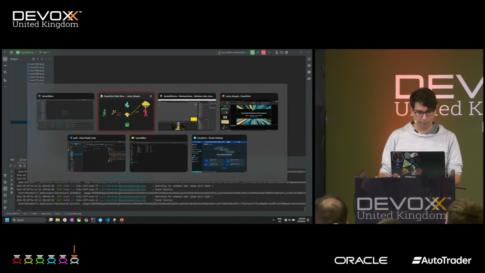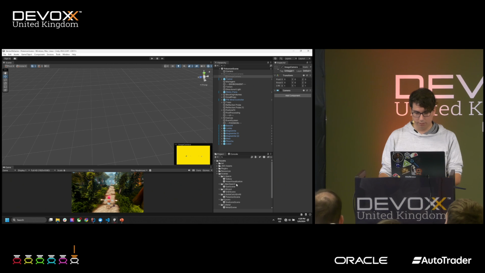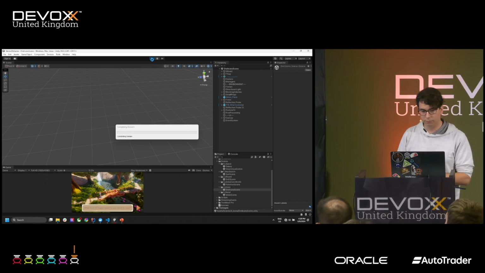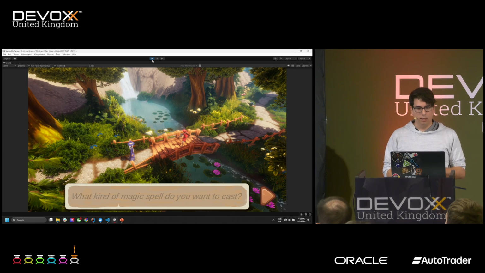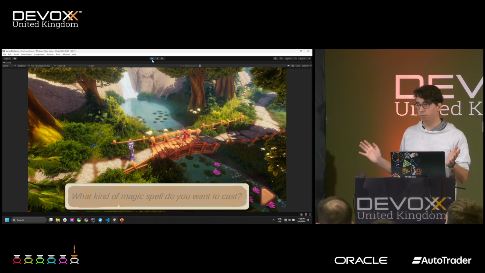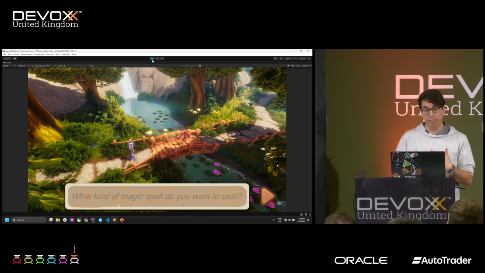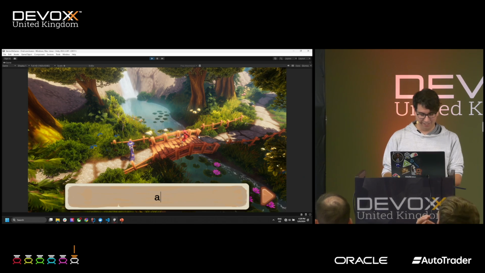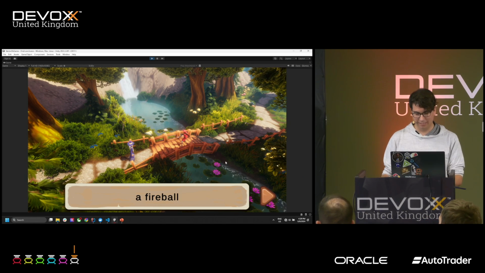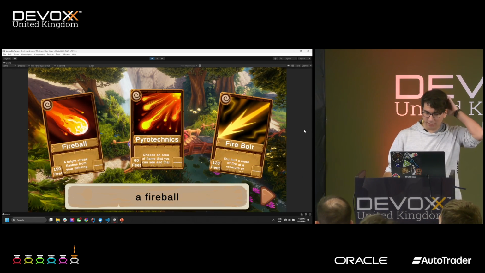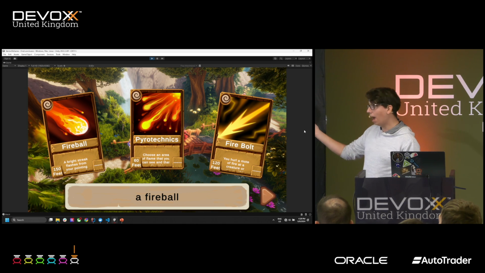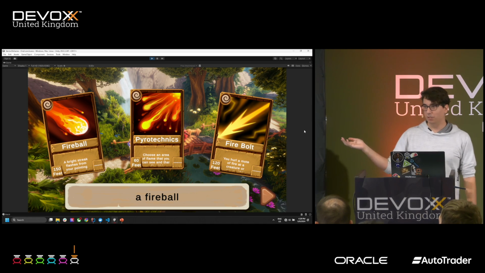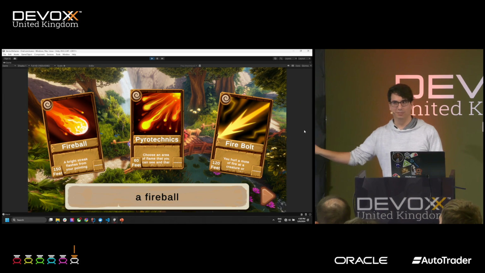All right. Whenever I give a presentation, I have a personal goal that I need to show an explosion to people. So I'm going to start with that: a fireball. And as you can see, I can argue that this is indeed a fireball, right? Nobody disagrees, I assume. Good.